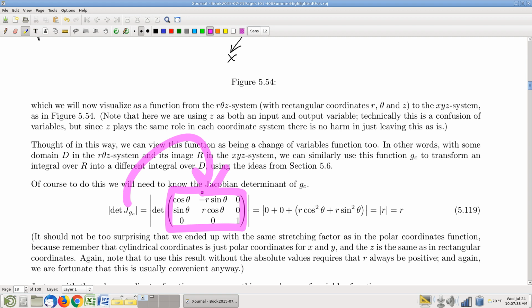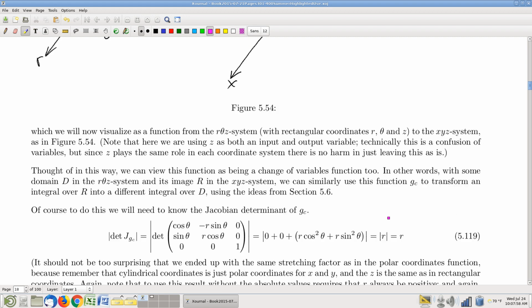Just thinking of the coordinate system as a change of variables function. Crank out the determinant, algebra, and no surprise, it turns out again to be r, with the same restriction that we have to require r to be positive, which we want to do anyway. Okay, I say no surprise because,